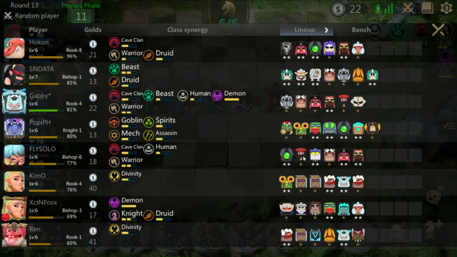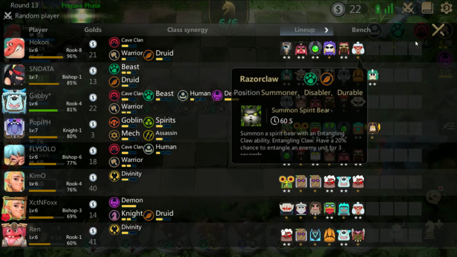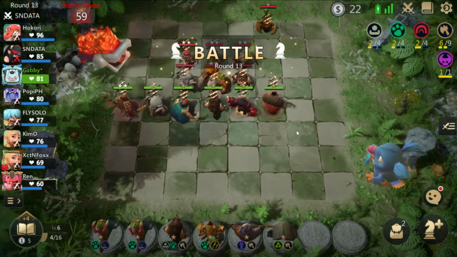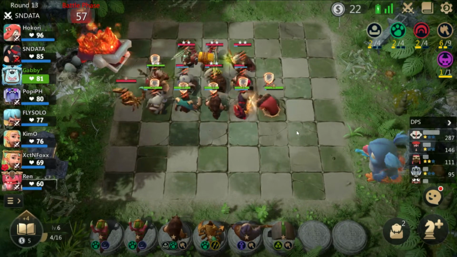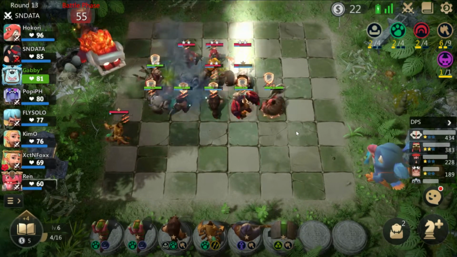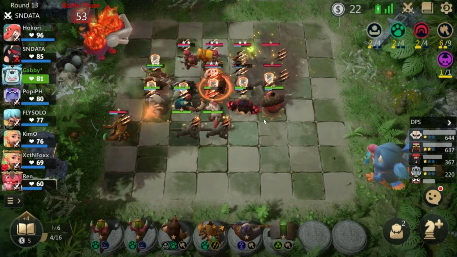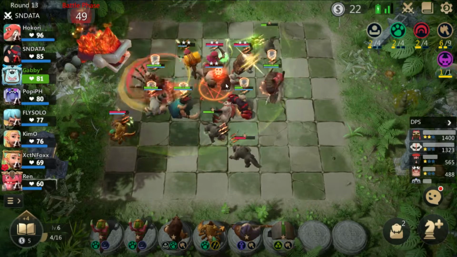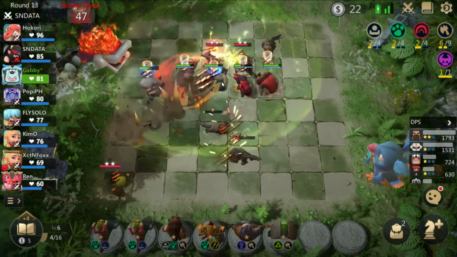Okimo with the 40 gold, and Fly Solo also doing warriors. So we have 3 warriors users in our game. So this will kind of delay my warriors composition because I'm competing with other players. So right now I'm given this